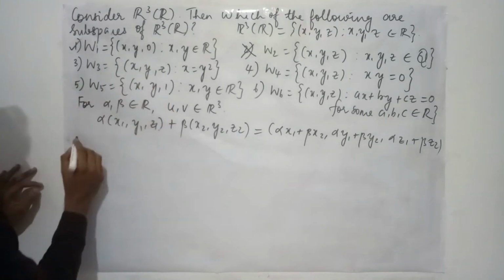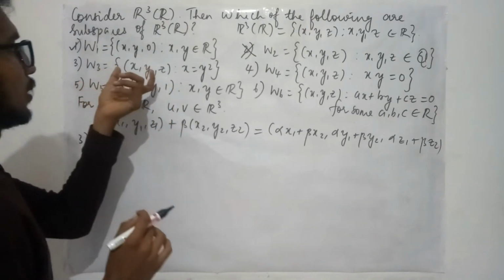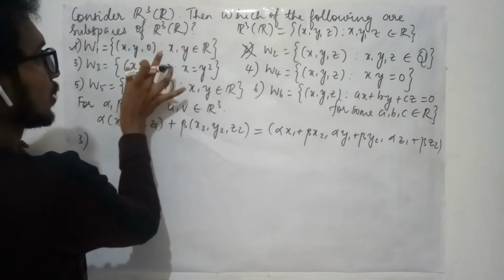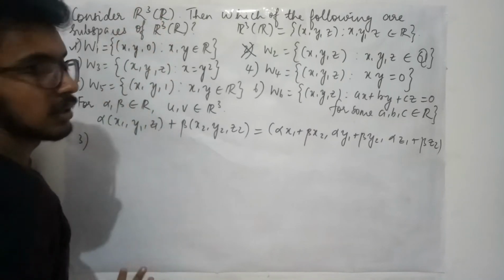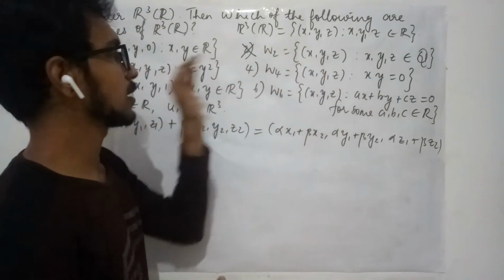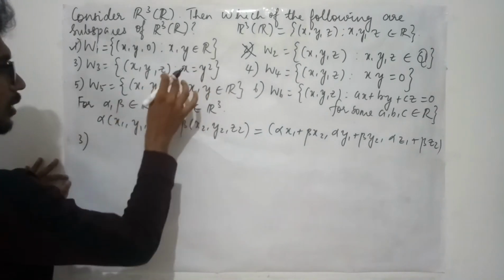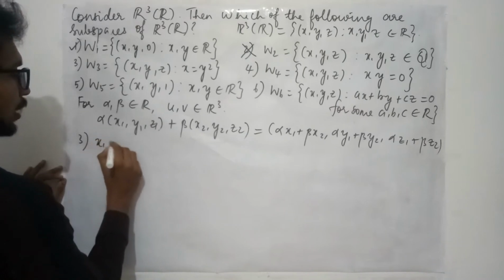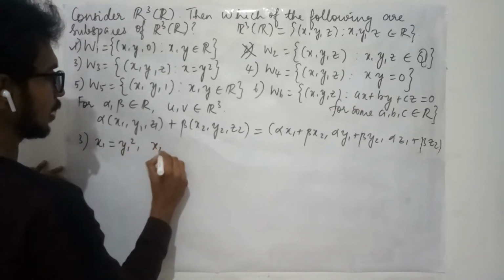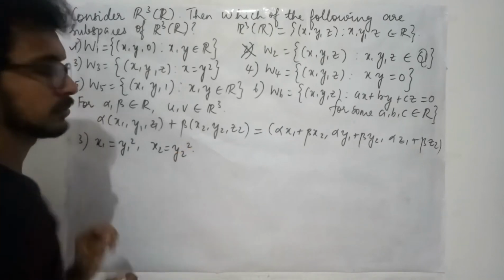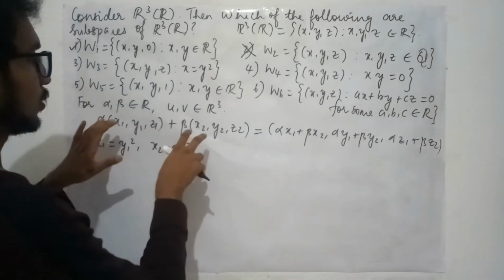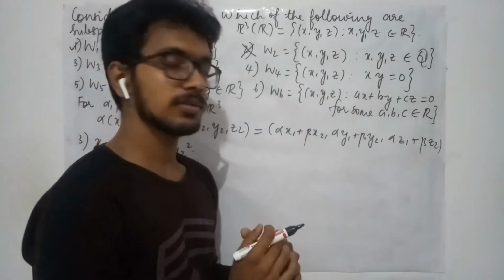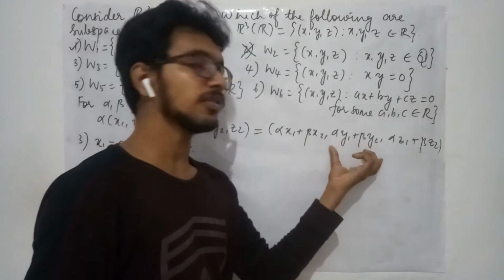Let us come to the third one. Here it is given that these are real quantities. Here they have not specified anything, which means these are taken as they are in the given vector space and it has to satisfy this condition, right? Here they have given that the first quantity must be the square of the second quantity. Therefore, your x1 is y1 square and x2 is y2 square, right? So now we have to prove this is in W3, for which this must be the square of this value.